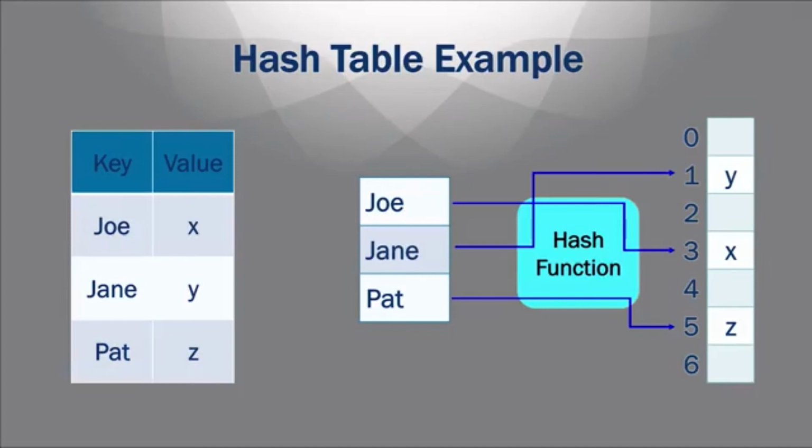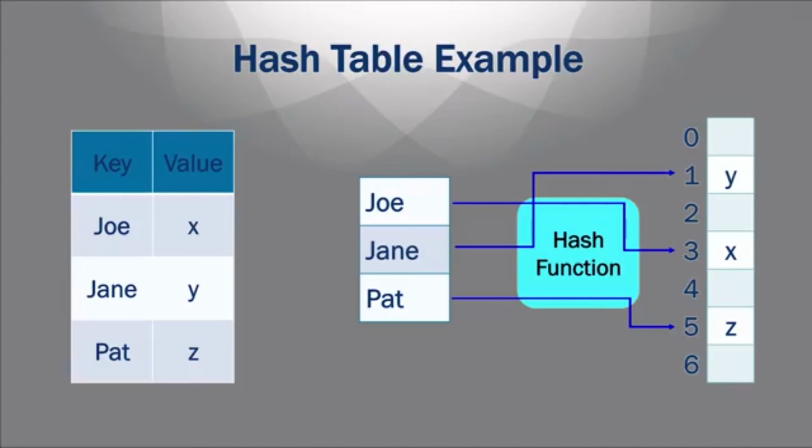So if you look at the bottom, on the right you have basically an array of some size. This is a small one, but it's just an example. The values x, y, and z are all placed in different slots inside this structure. I just place them arbitrarily. Y is in location 1, x is in location 3, z is in location 5. So they're in some arbitrary slots inside the structure.